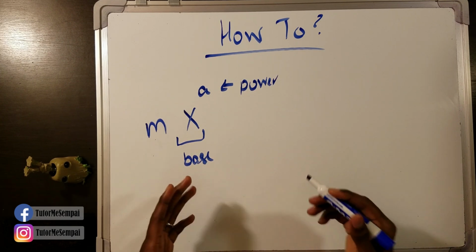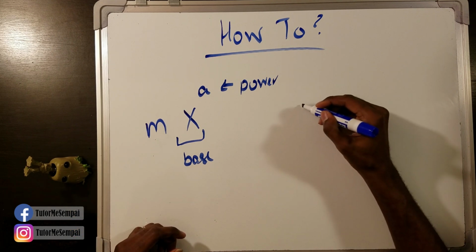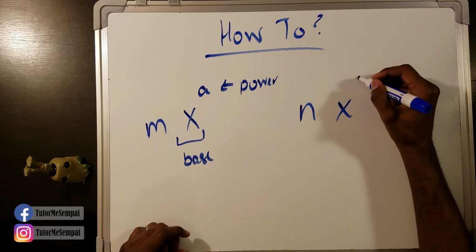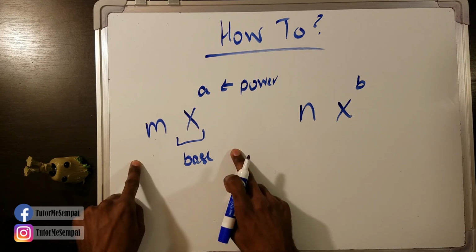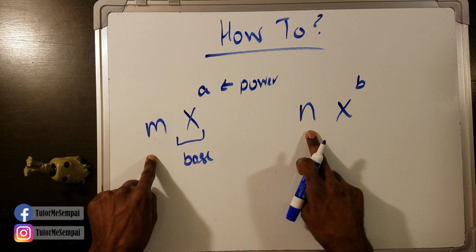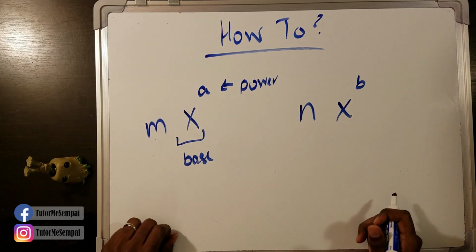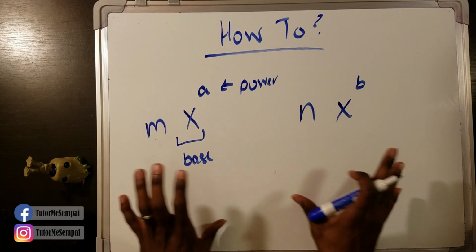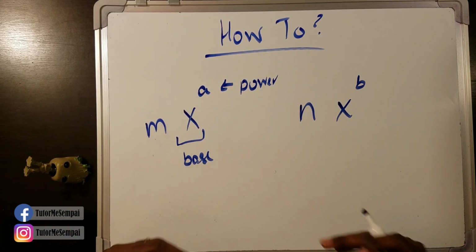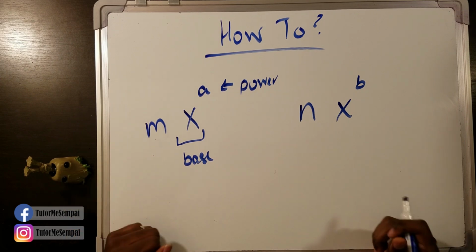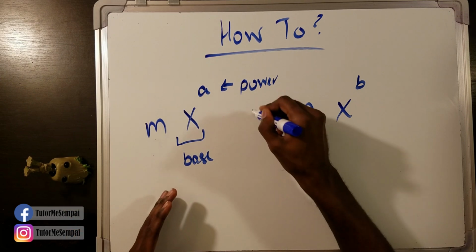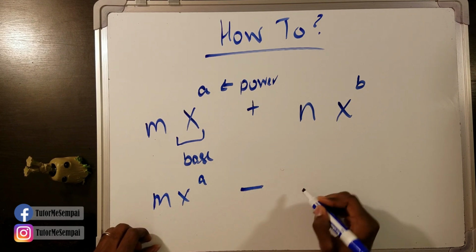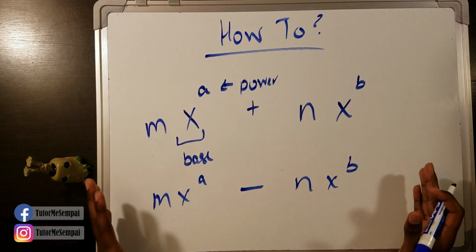But let's say we have another exponent, and it also has a coefficient. And we have x raised to some power b. Same setup, but we have different coefficients and a different power, but we have the same base. This is your basic form of your exponents that I'm going to be referring to. Once you understand the basic form, now we can see whether or not we can add and subtract them. So let's say we had this. If we were trying to add, or let's say we were trying to subtract this setup here,